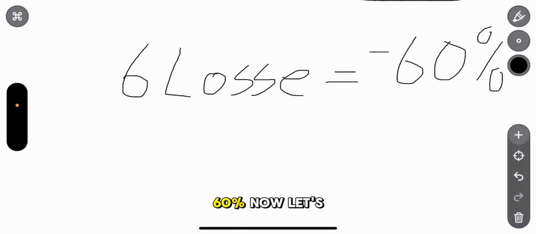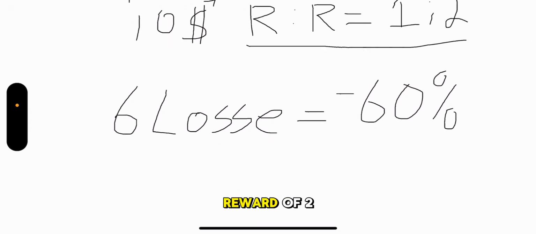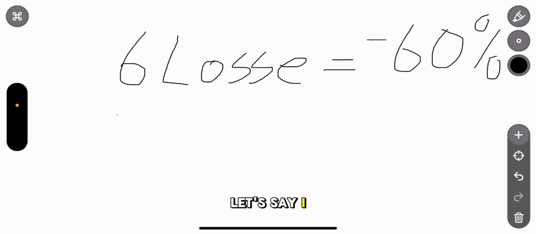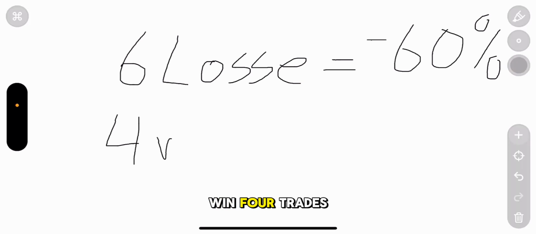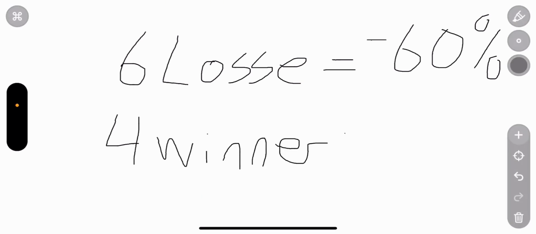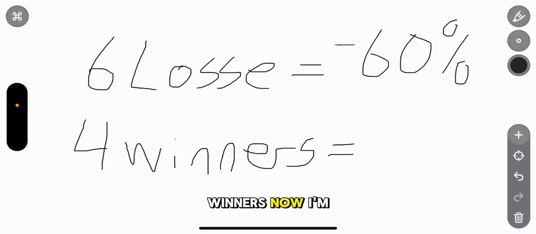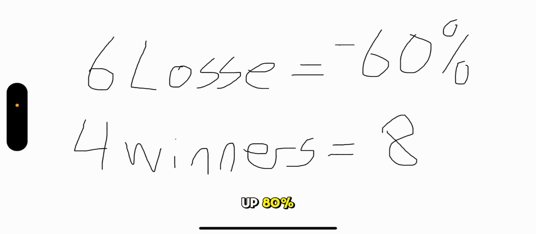I'm down 60%. Now let's say, due to my risk to reward of 2 to 1, I win 4 trades, 4 winners, right? I have 4 winners. Now I'm up 80%,